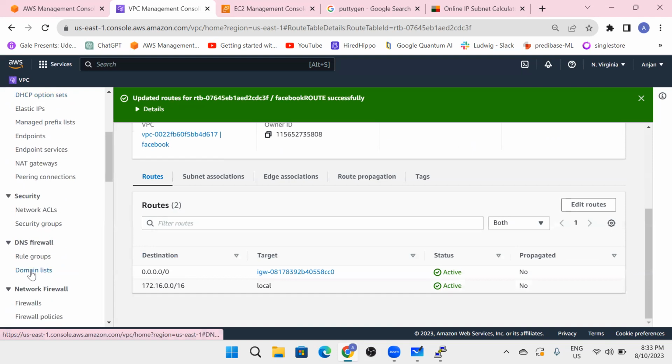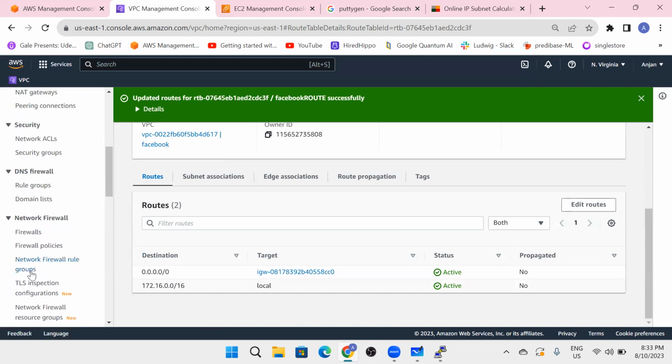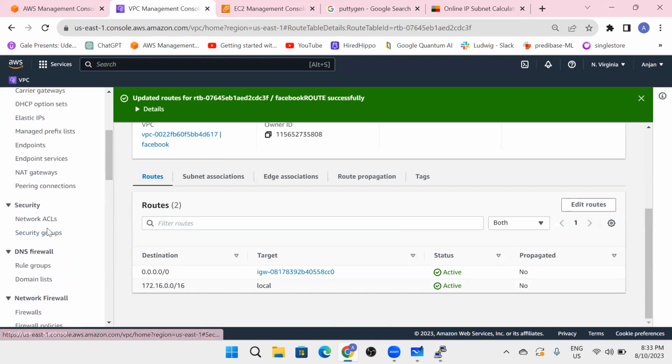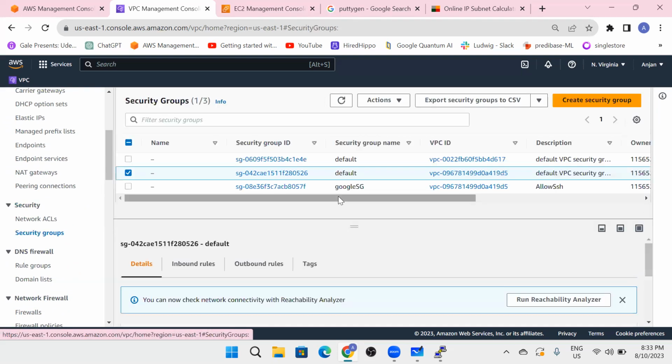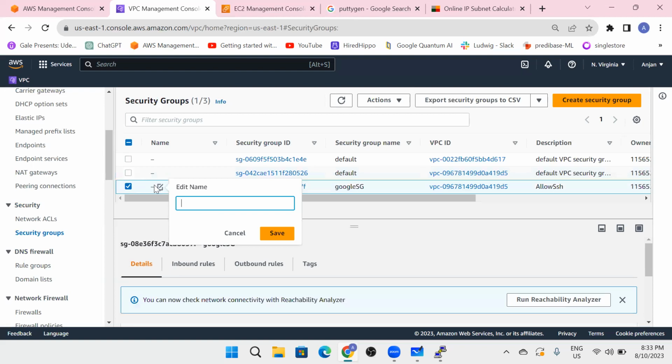Next one is security groups. Go for creating the security groups. Okay. So far you have only the security group for Google, but I would like to go for creating the security group for the